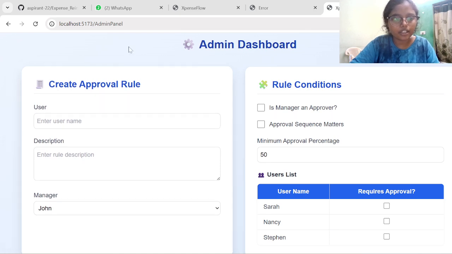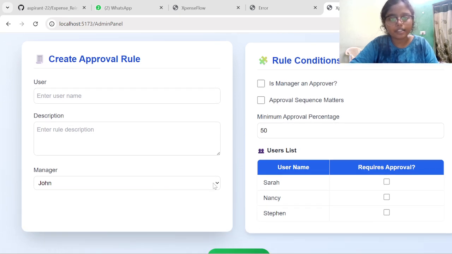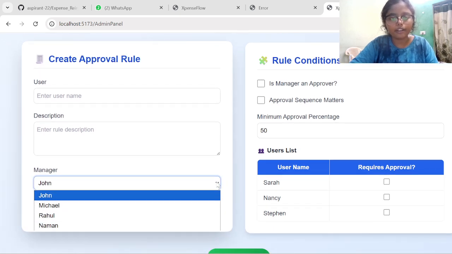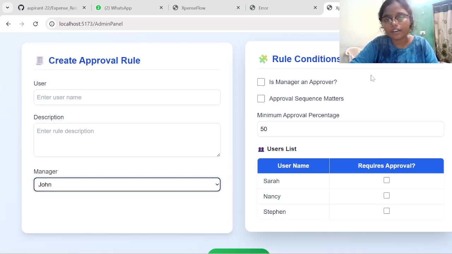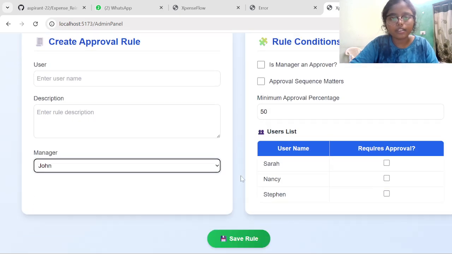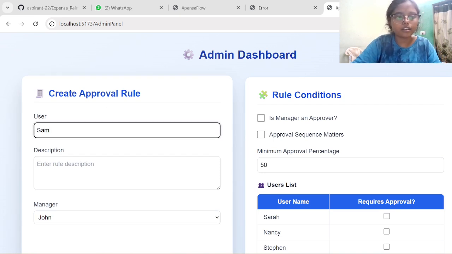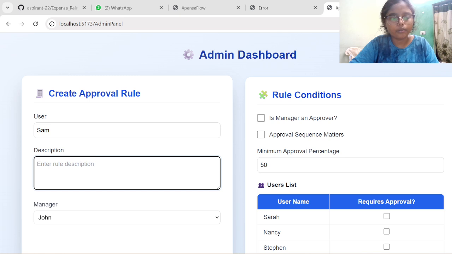Here is a section where you have to type the username and description, and for managers you can select from a list of managers who are available. Then here are all the rule conditions, whether the manager is an approver or whether the approval sequence matters, all these things, and then finally he can save the rule. So this is our admin dashboard. So I will fill in my name, the user is Sam, and here for the rule description, suppose we write rule for travel